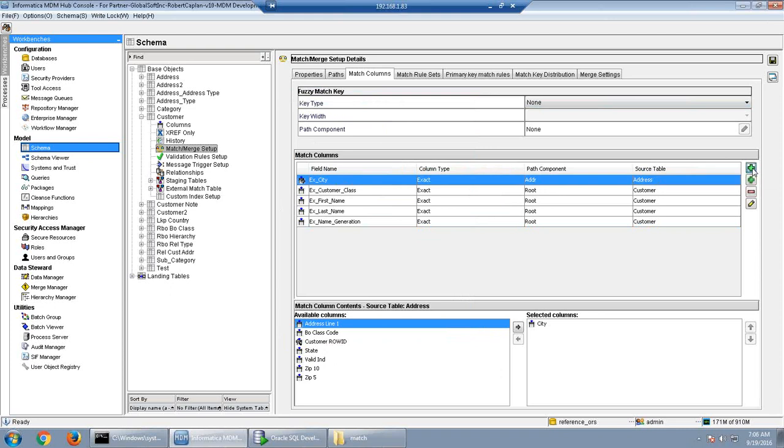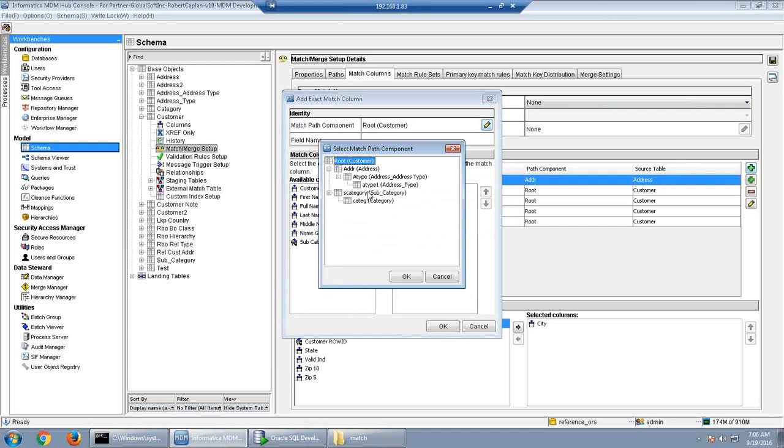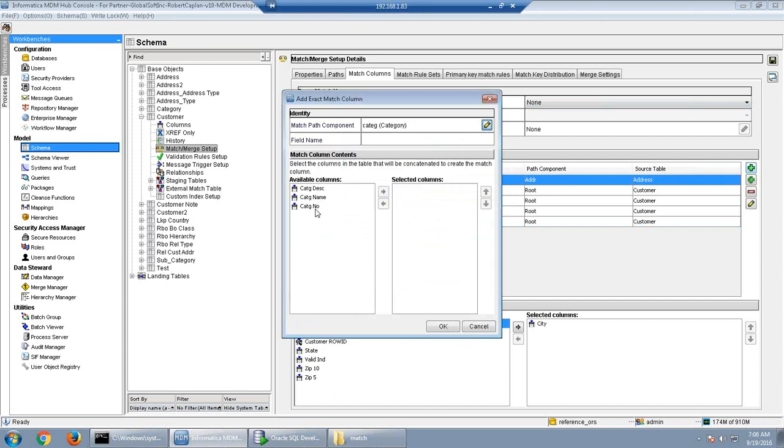Similarly, I can add for any other table as well, like the category table or the subcategory table. Whatever we have configured, we can select from them. For the category table, we can come and select, for example, category number.